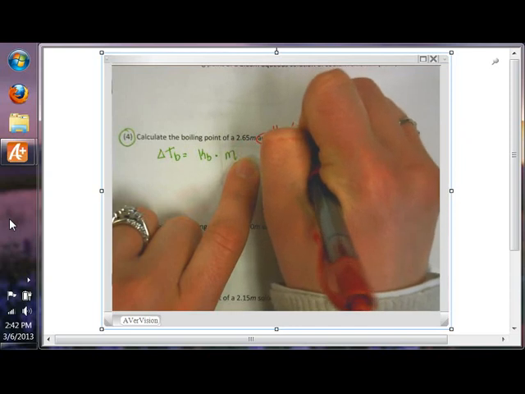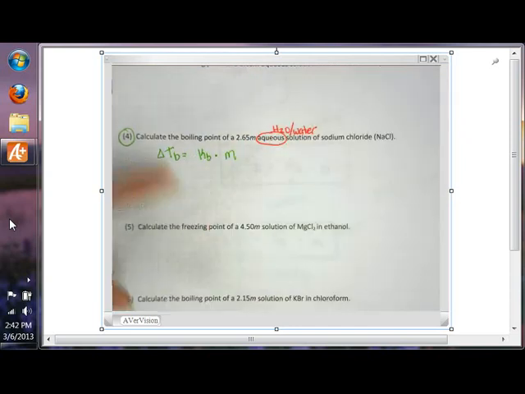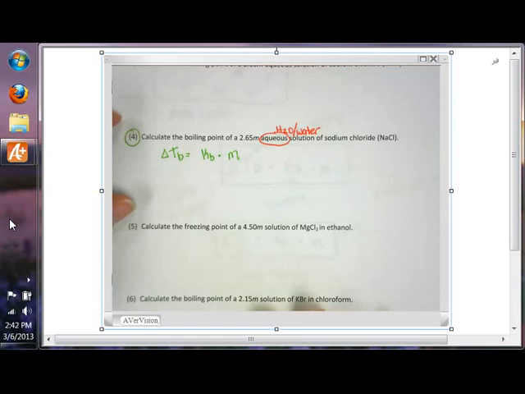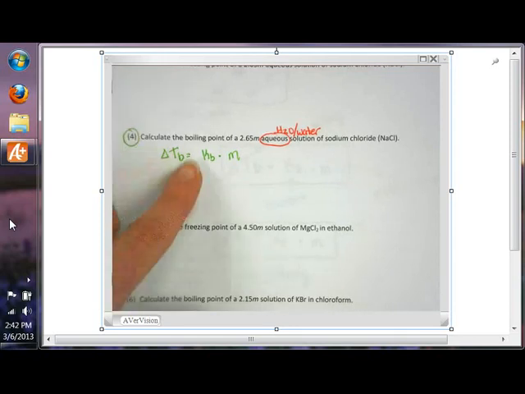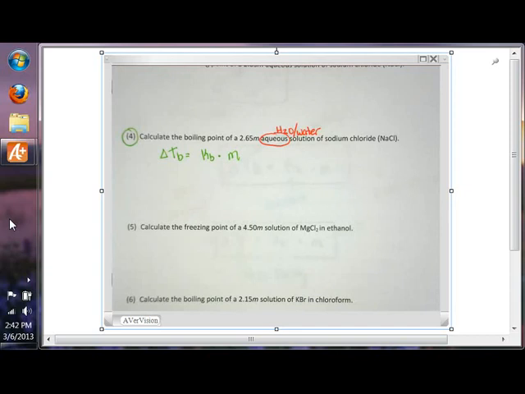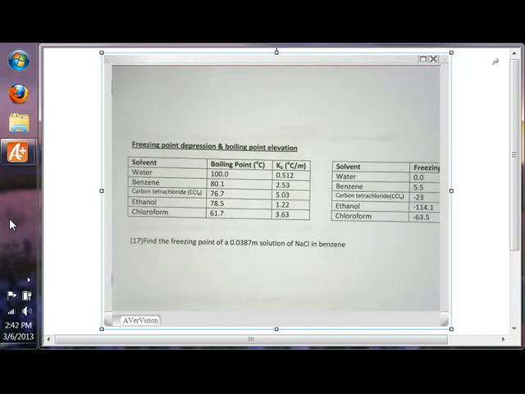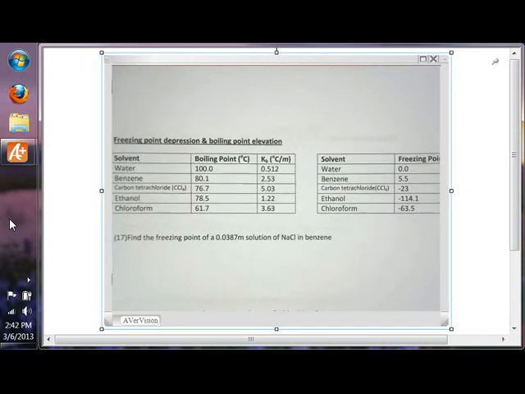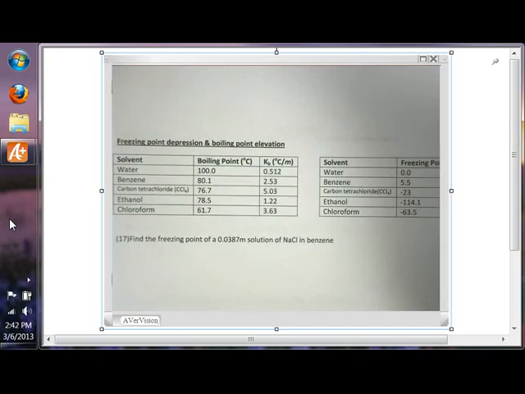Now unfortunately, you were supposed to have a table of values at the top of this worksheet, but if you look in your packet of worksheets, you should find a table like this, and that's what we're going to use for these. So what I'm trying to find is the delta TB